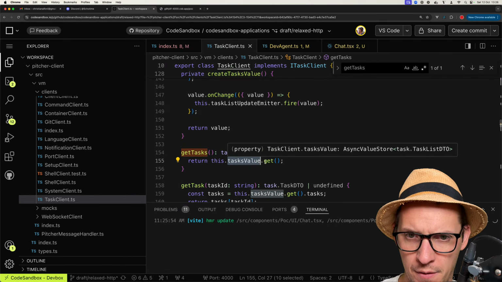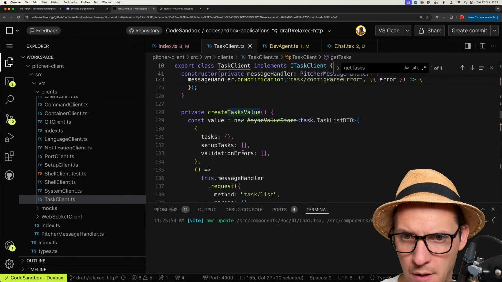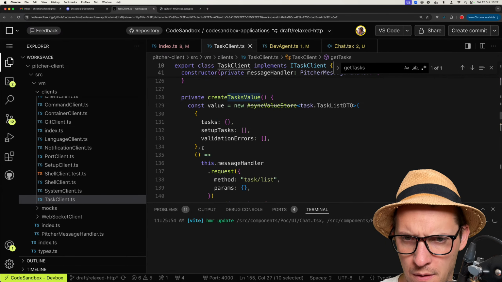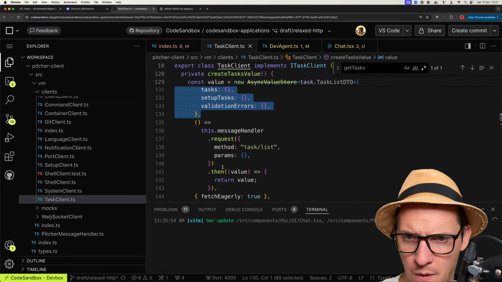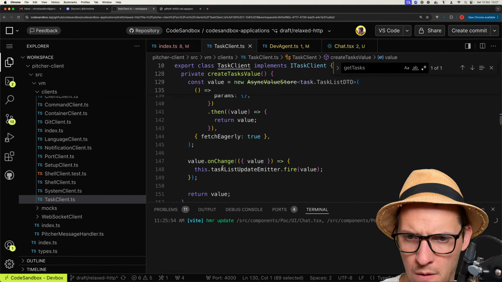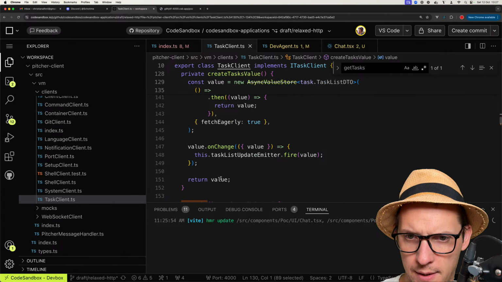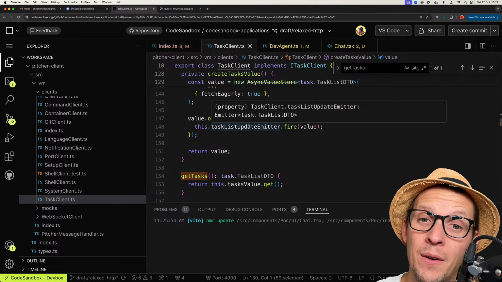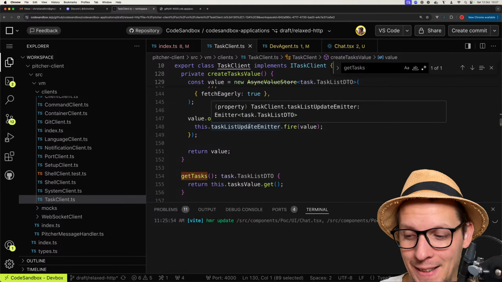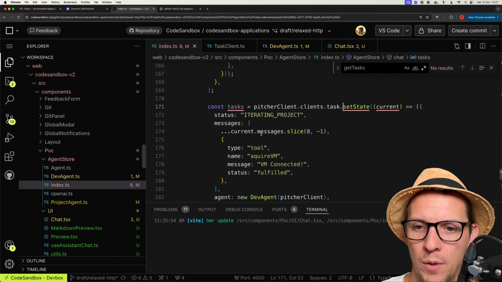Yeah, tasks value get, but yeah. Because now if you actually want to wait for this, well, okay, so what we can do,